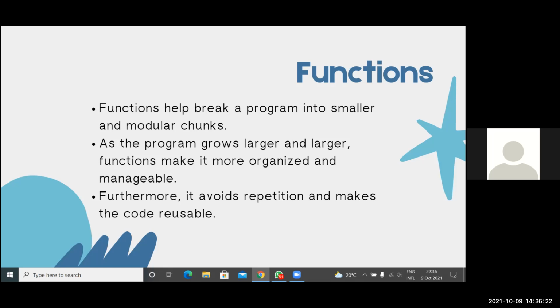So far we have been dealing with the procedural aspect of Python, whereby every line of code we write is executed one after another. That is the procedural aspect of Python programming. Now we're getting into the functional aspect of programming.